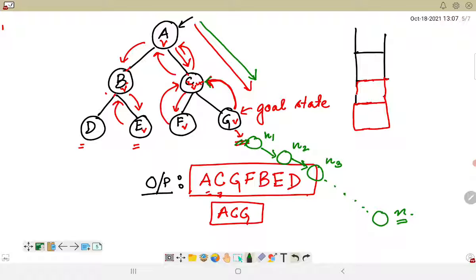Since our search is going to the deepest node possible, if there is an infinite number of nodes present, then we might never reach a solution at all. So this is one of the problems associated with depth first search. It is not a complete search, because unlike breadth first search, which searches layer by layer, here such a concept does not arise.